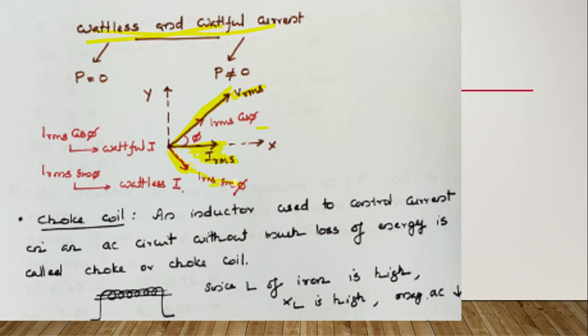Hence this component is called the wattless component, and this is called the wattful component. The component of current in the direction of potential is treated as wattful current, and the one making 90 degrees is wattless